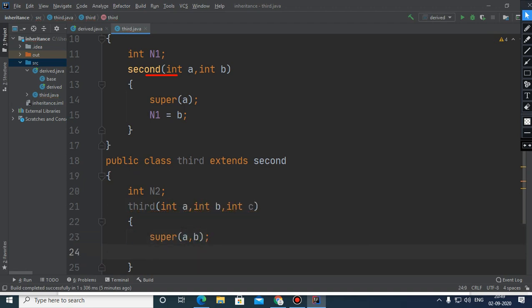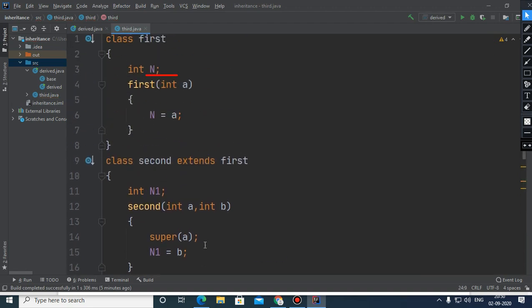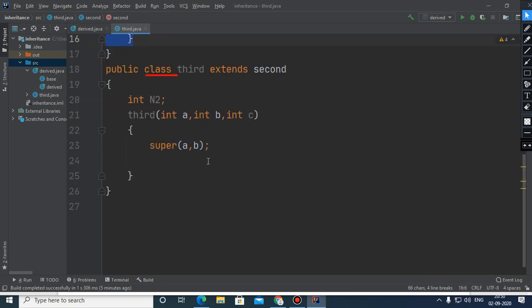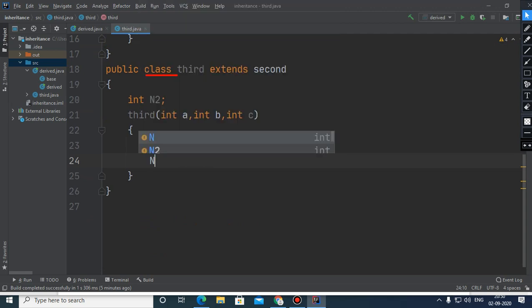I am passing these two values here because these two values belong to the constructor of the second class, and further one of the values will be passed to the base class, which is the first class. After that, n2 will be c.